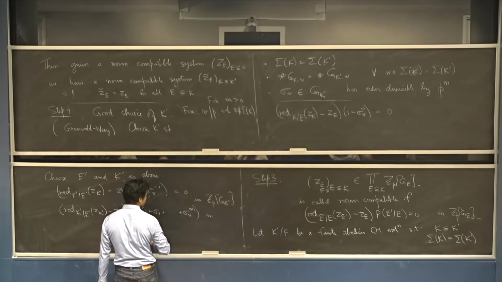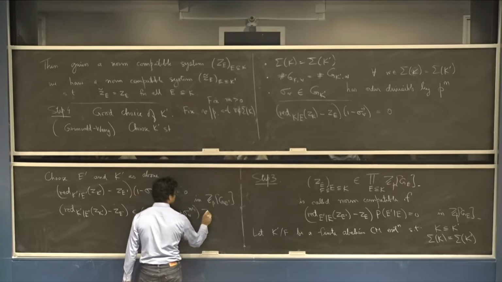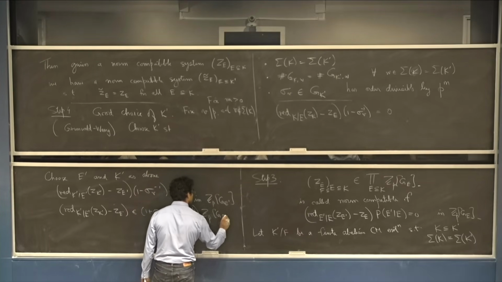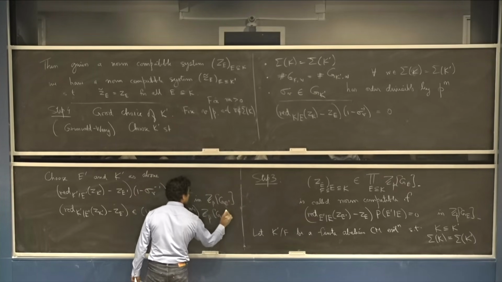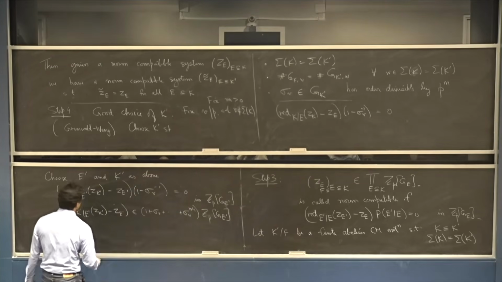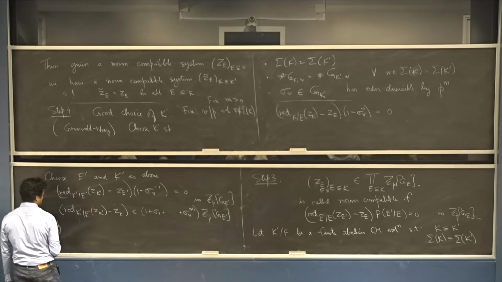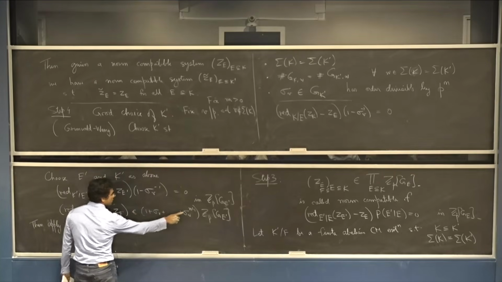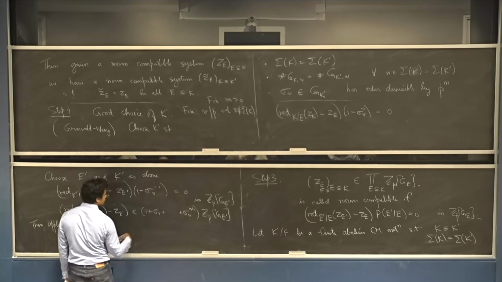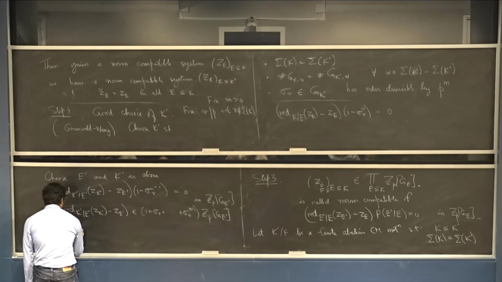So this belongs to this ideal. And then I reduce everything, where this n prime is the order of sigma V inside this,